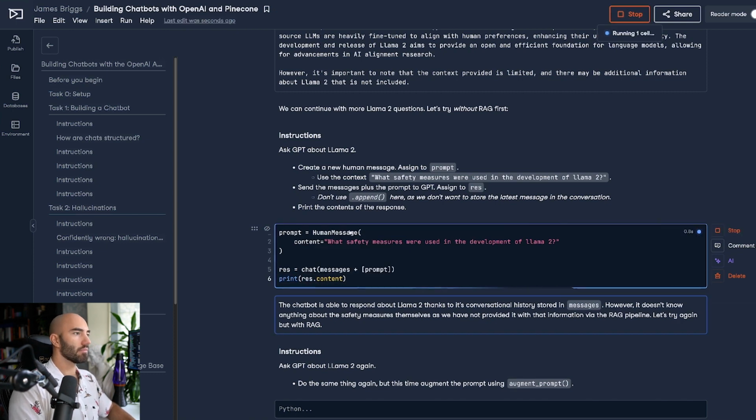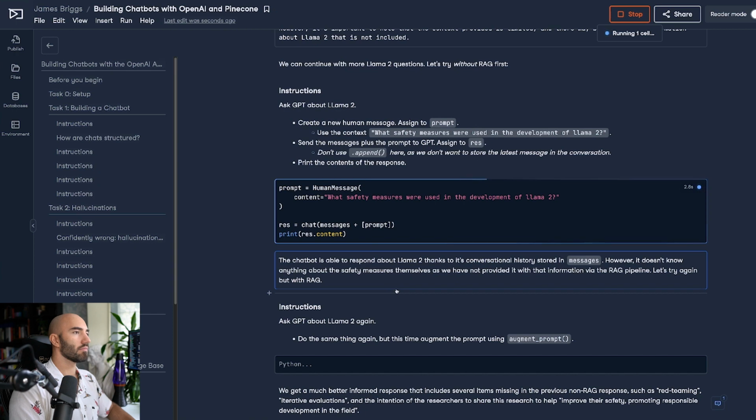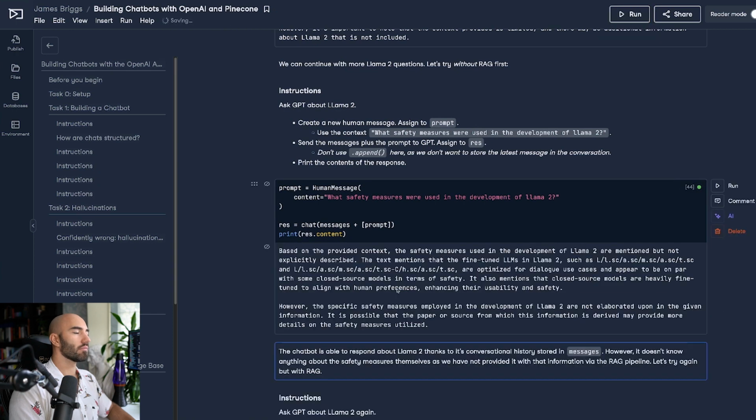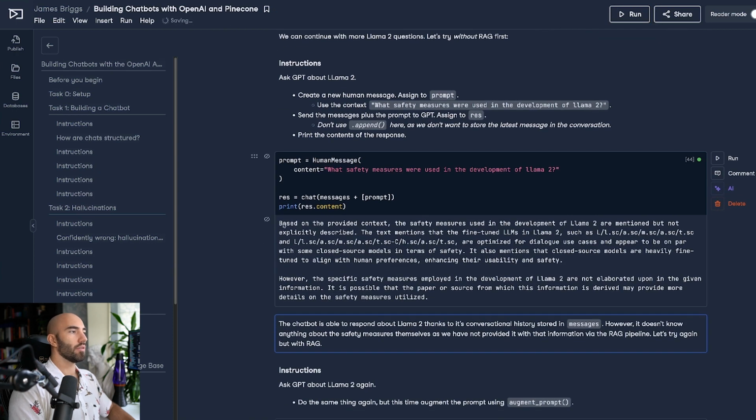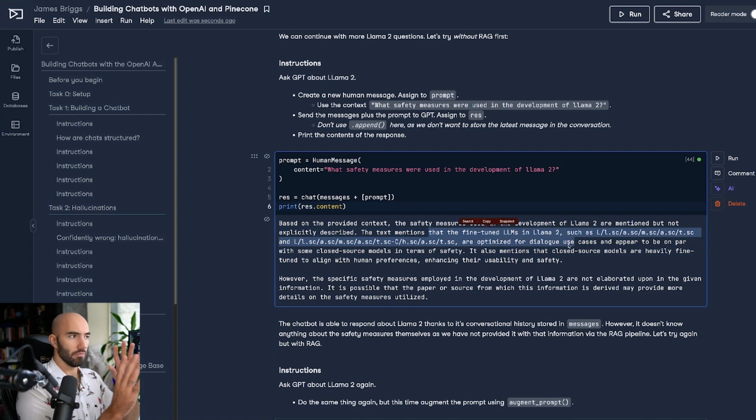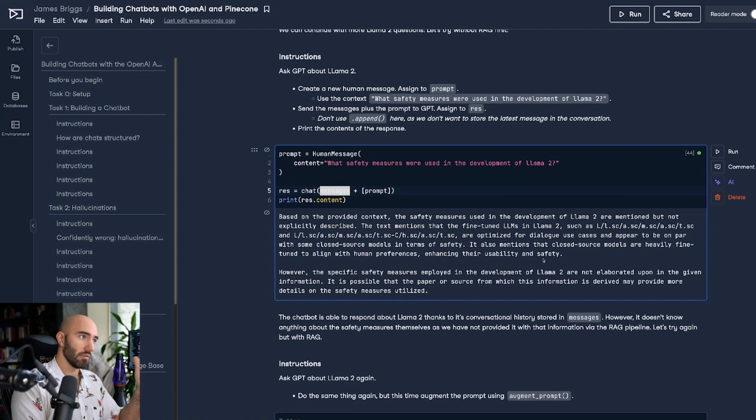Okay, so based on the provided context, not mentioned, but not explicitly described, right? So one thing to note here is that we have those previous messages, so it now knows what Llama 2 is, but it doesn't know what the safety measures were because they were not included in the previous results.